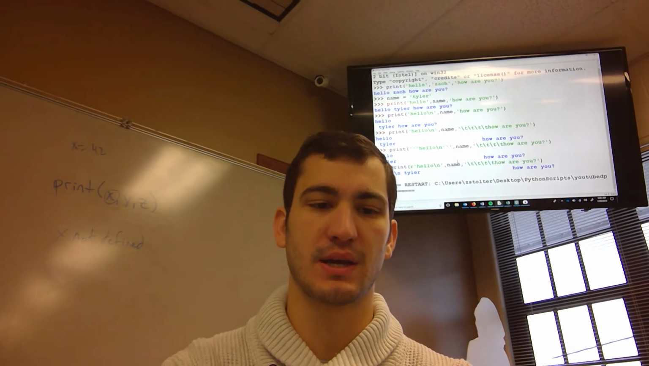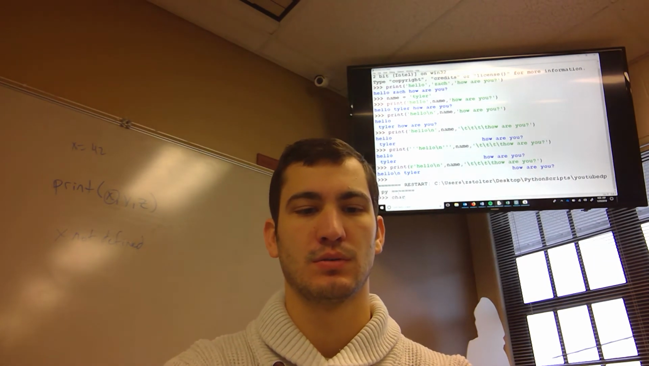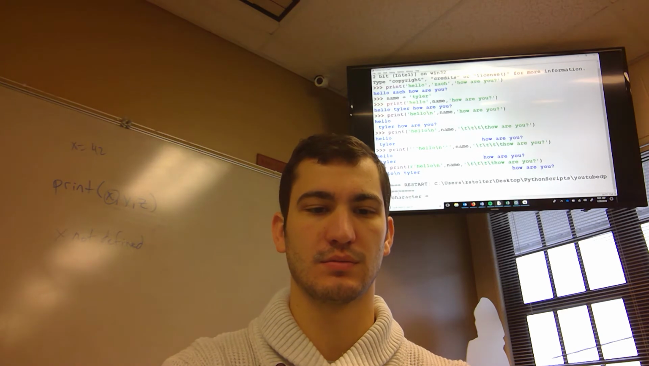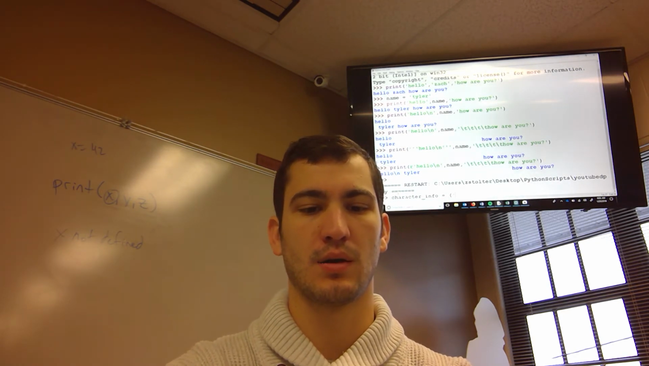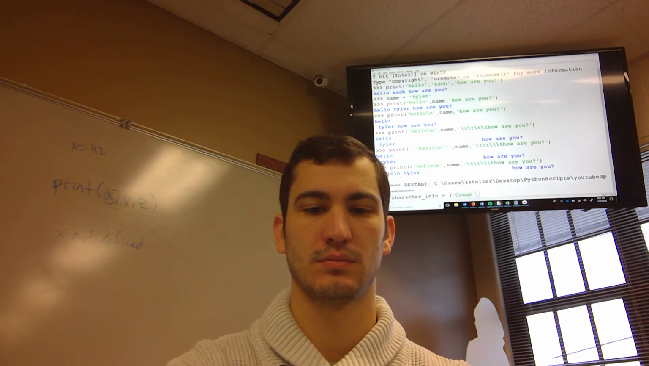So if we wanted to say character underscore info is parenthesis Conan, comma,